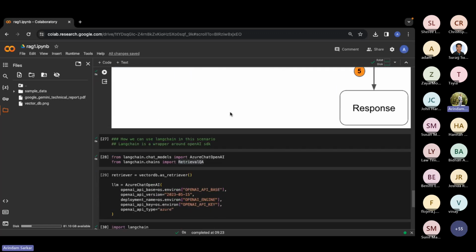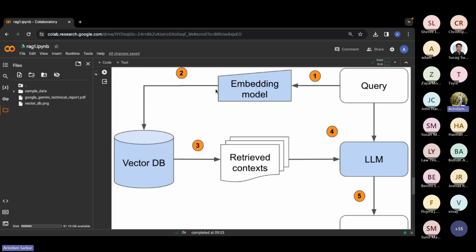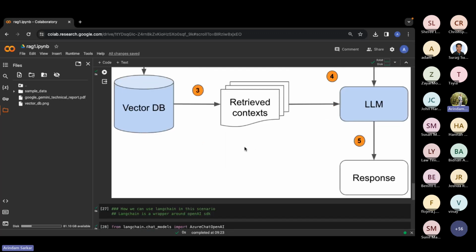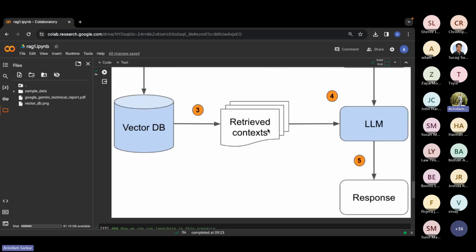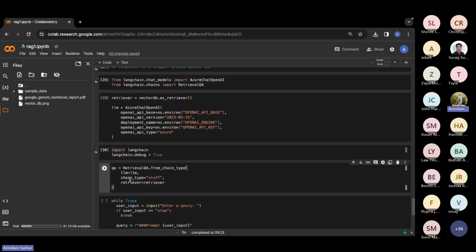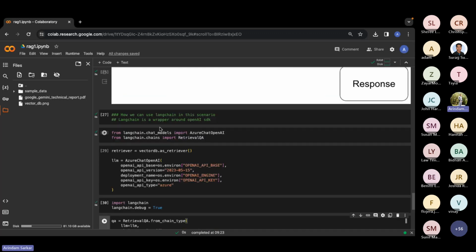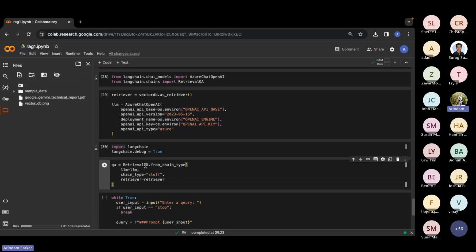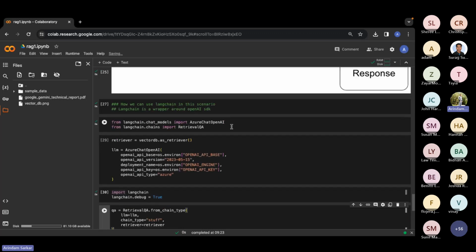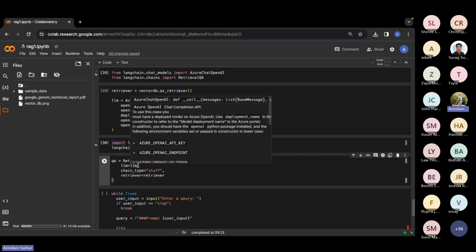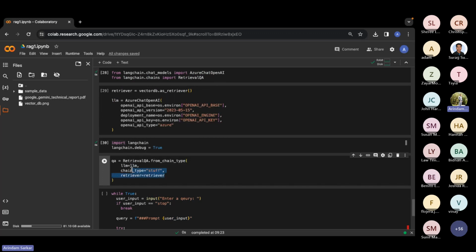In this diagram, if you see, what are the inputs to the LLM? One is the query, one is the retrieved context, then the LLM is able to answer. So as I was saying, it's a wrapper around the picture that we have seen. This is what the total flow is. You can think of this as a flow where we have an LLM, a vector DB retriever, and this chain type, which I'll explain later.